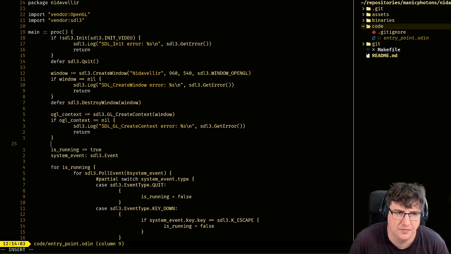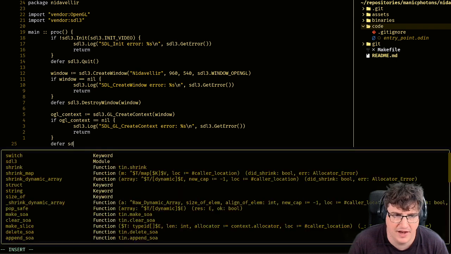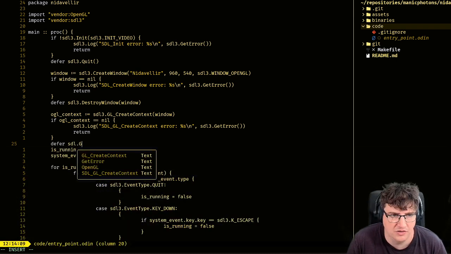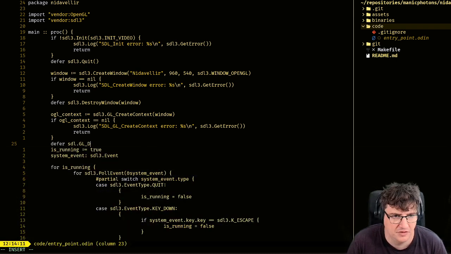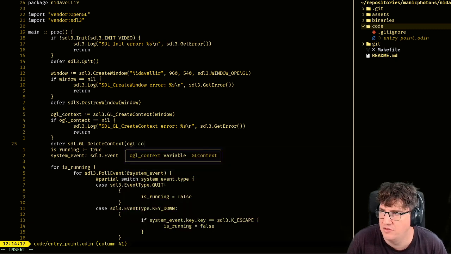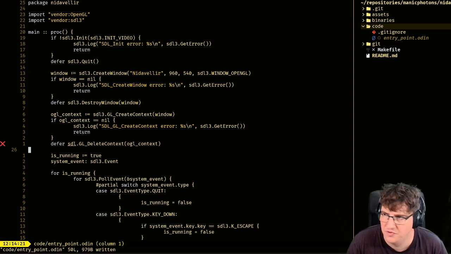So that's going to shut everything down for us. Likewise, if we've succeeded, we want to add an SDL.gl underscore delete context and pass it our GL context to clear up that state machine.